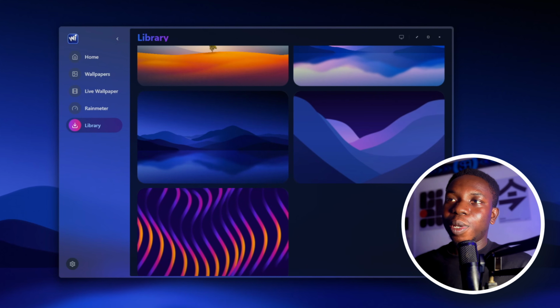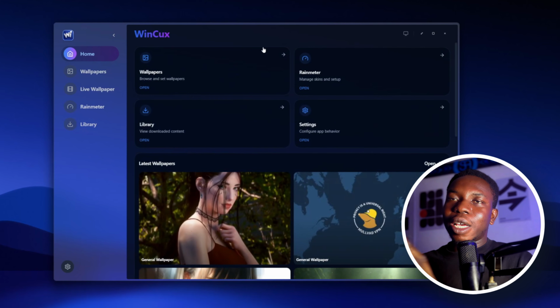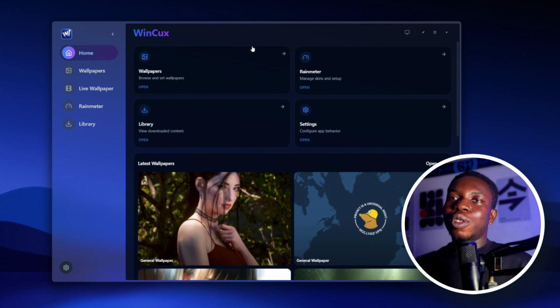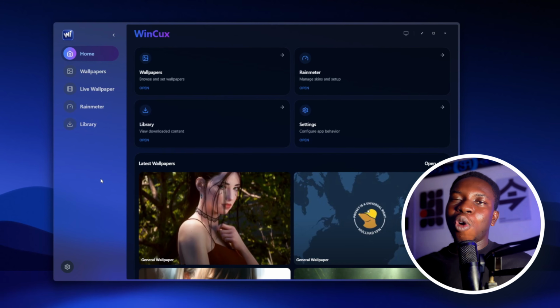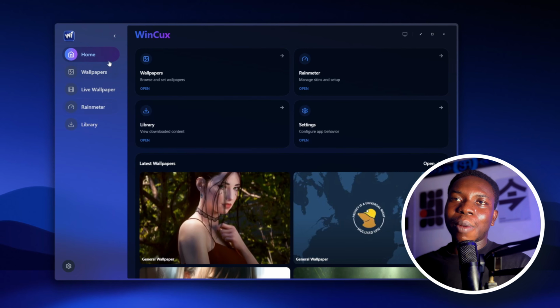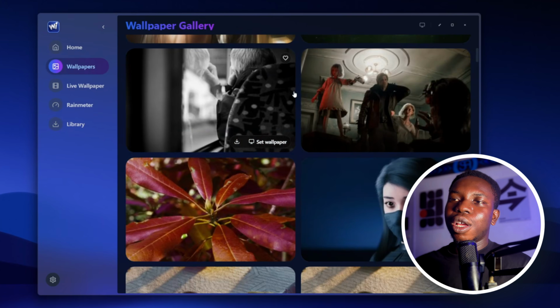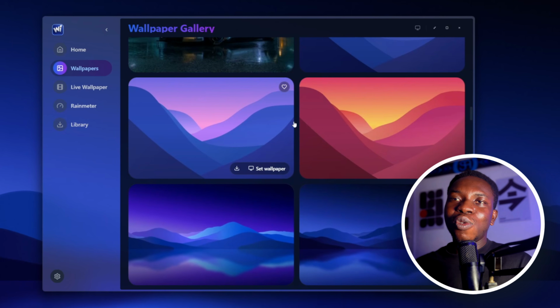So when you first open the app, you are going to see this beautiful dashboard where we have the sidebar on the left side, and it's looking pretty clean with that acrylic feel to give it a more professional look. And there are 3 main sections of this app. We have the wallpaper section where you can browse through millions of wallpapers over here, and any wallpaper over here